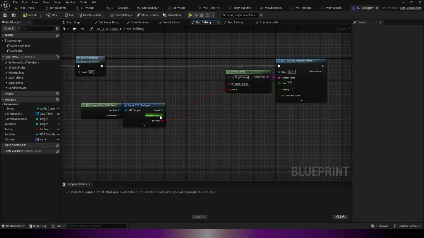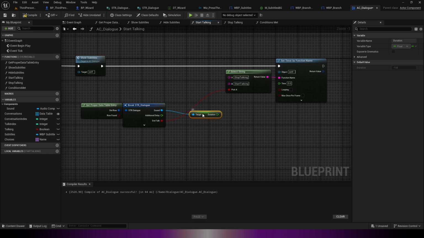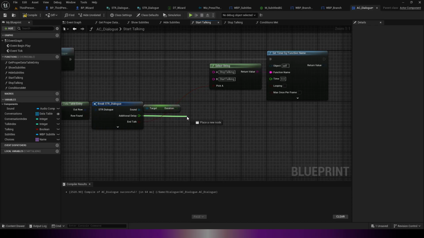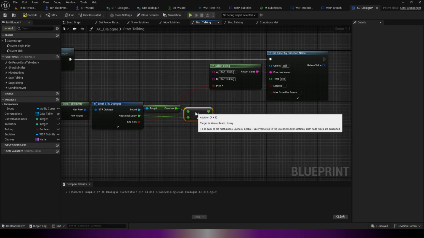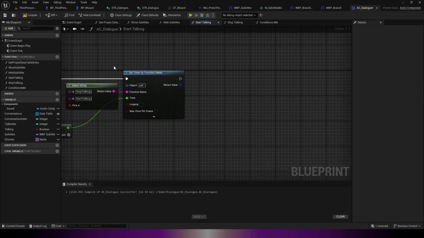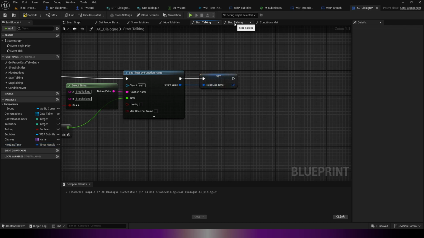And when do we do it? The time is currently set to 0, so we get the sound and say get duration. This is why we have it as a sound class, because a sound wave will not have this variable. So you would need to set it manually, which in this case you wouldn't have to do, which saves you a bunch of effort. So in the additional delay, we are going to add this to each other, and that will be the time until the function will be called. And I'm also going to promote this to a variable, call this next line timer, and then in the stop talking,